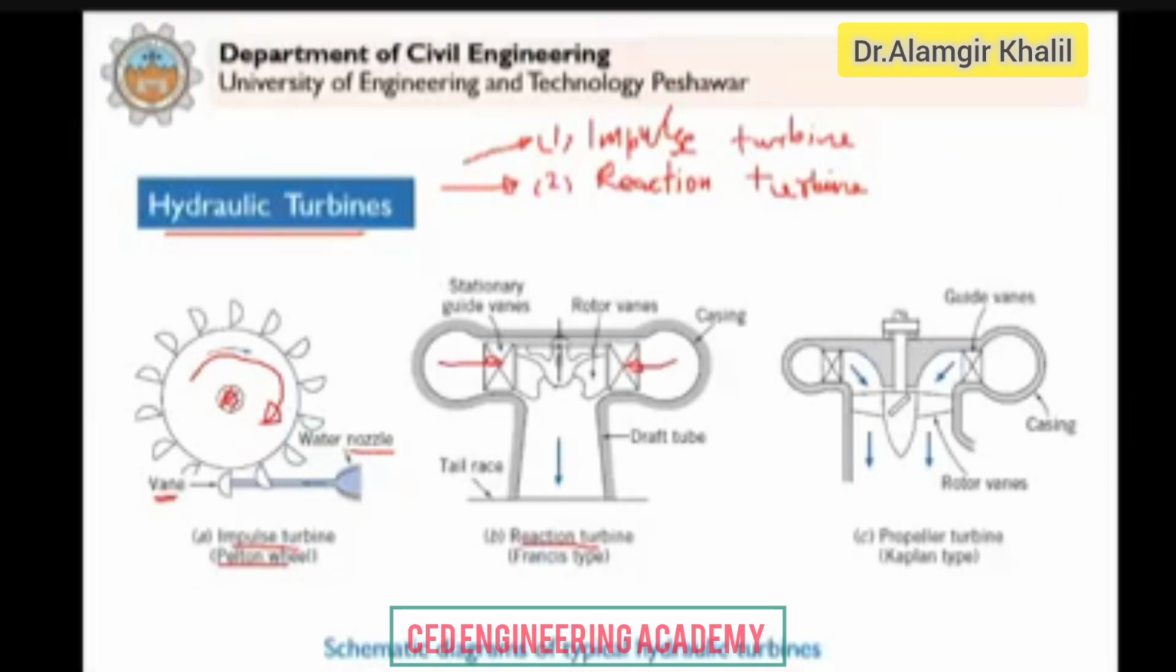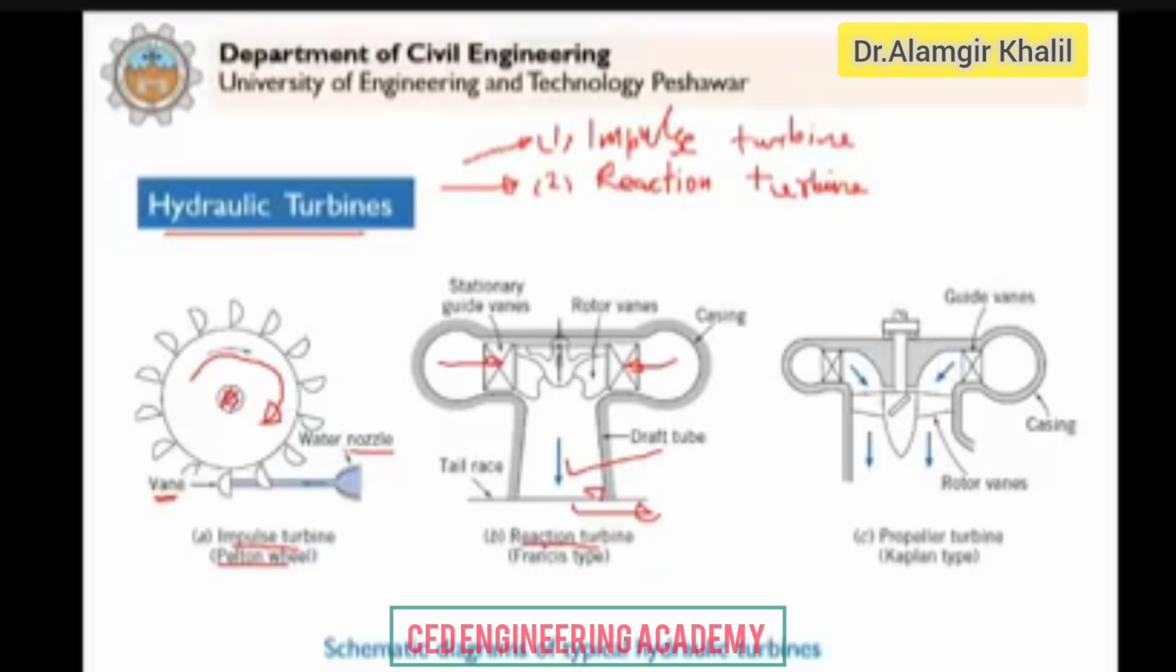It runs full of water and it rotates the vanes or blades of the turbine, and then the water joins the tail race. Clear? That's why this is known as the reaction turbine, because the change in pressure takes place in the guide vanes and the rotating vanes. Clear? We will study the working of this in detail, but this is the main difference between the two types